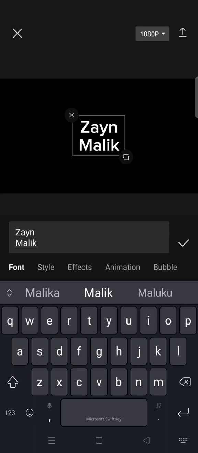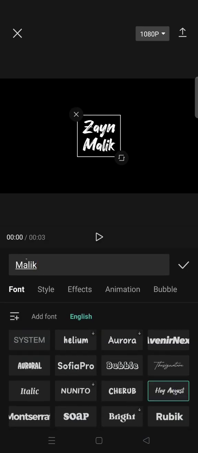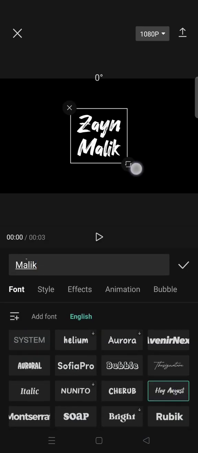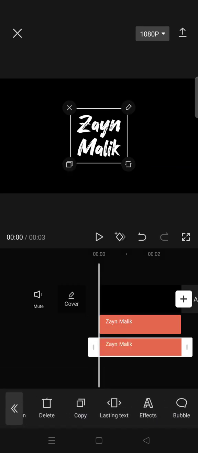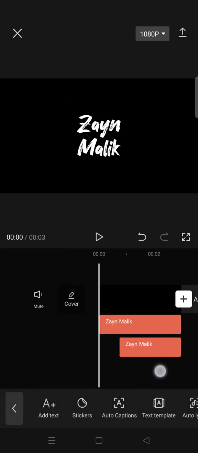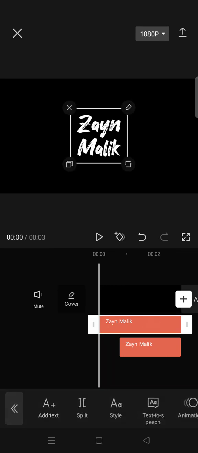with your favorite font. So here I'm going to select this font right here, and after that you can just copy the text, but put the second one a little bit later than the first one. Okay, so put it like this, and now click on the first text